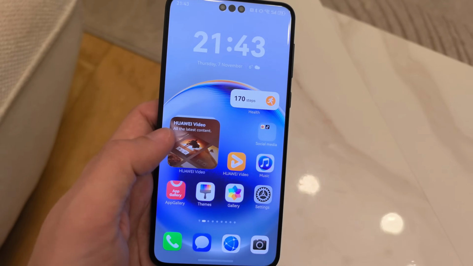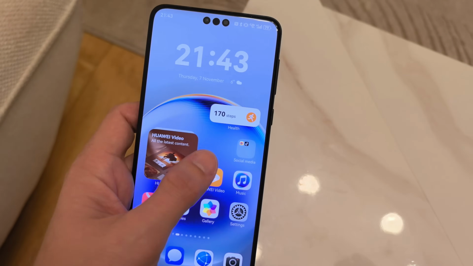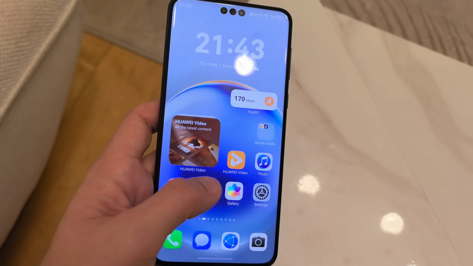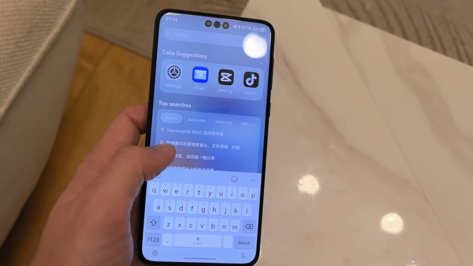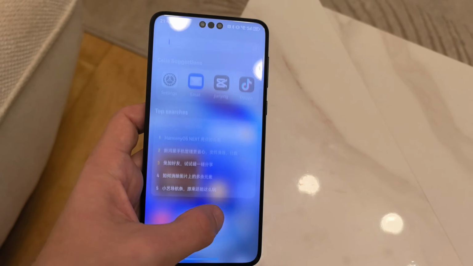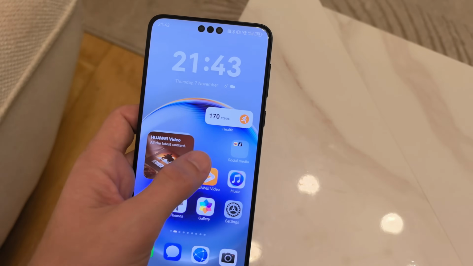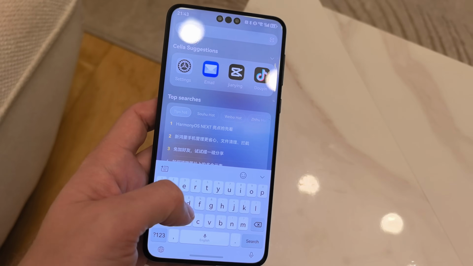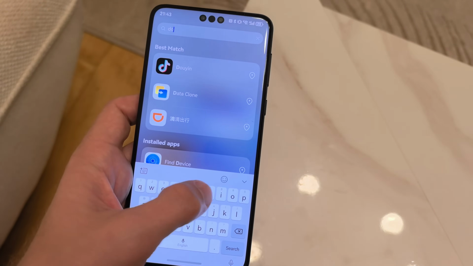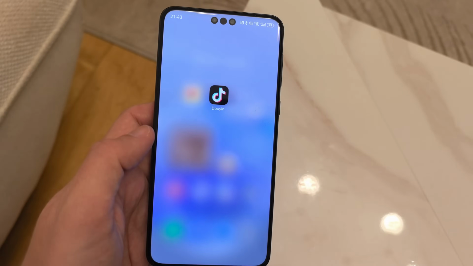But even swiping down on the home screen and going into search, you see how quick and how smooth this looks, and the keyboard opens up, floats from the bottom in there. And it's super smooth and elegant. It's much smoother than we had on 4.2, and this search is super quick, and I can just search for stuff pretty easily. As you can see here, I can even locate this one, and it's immediately going there